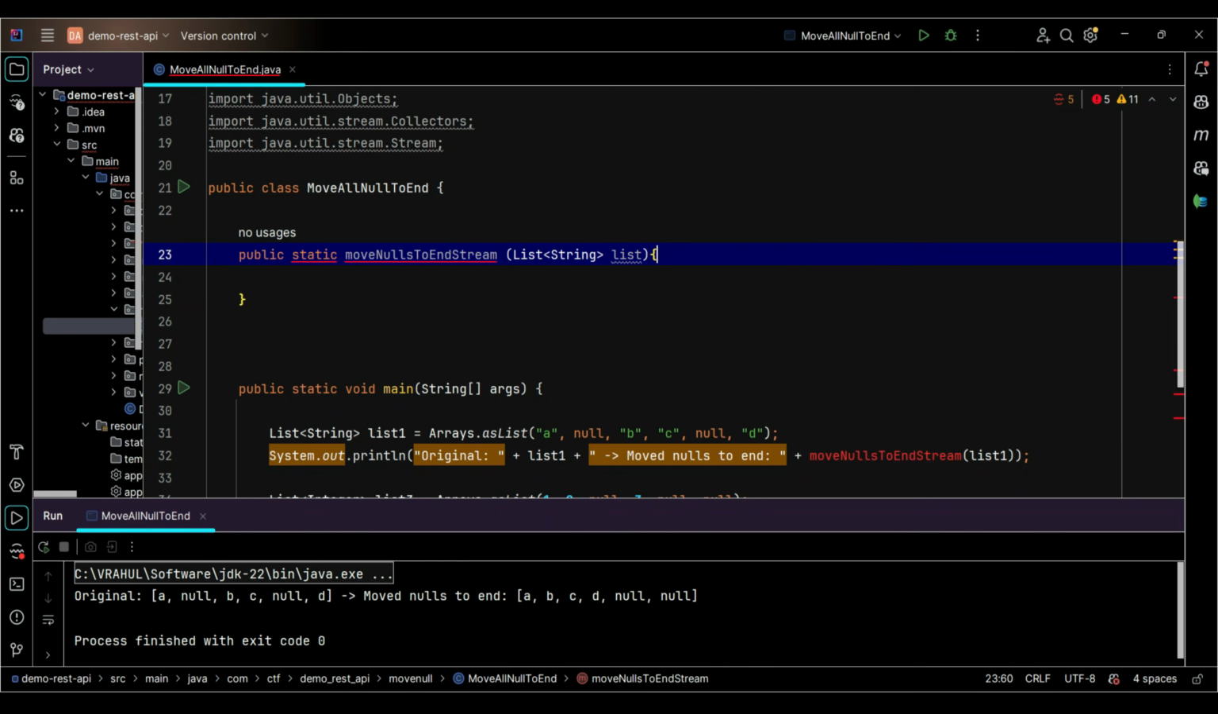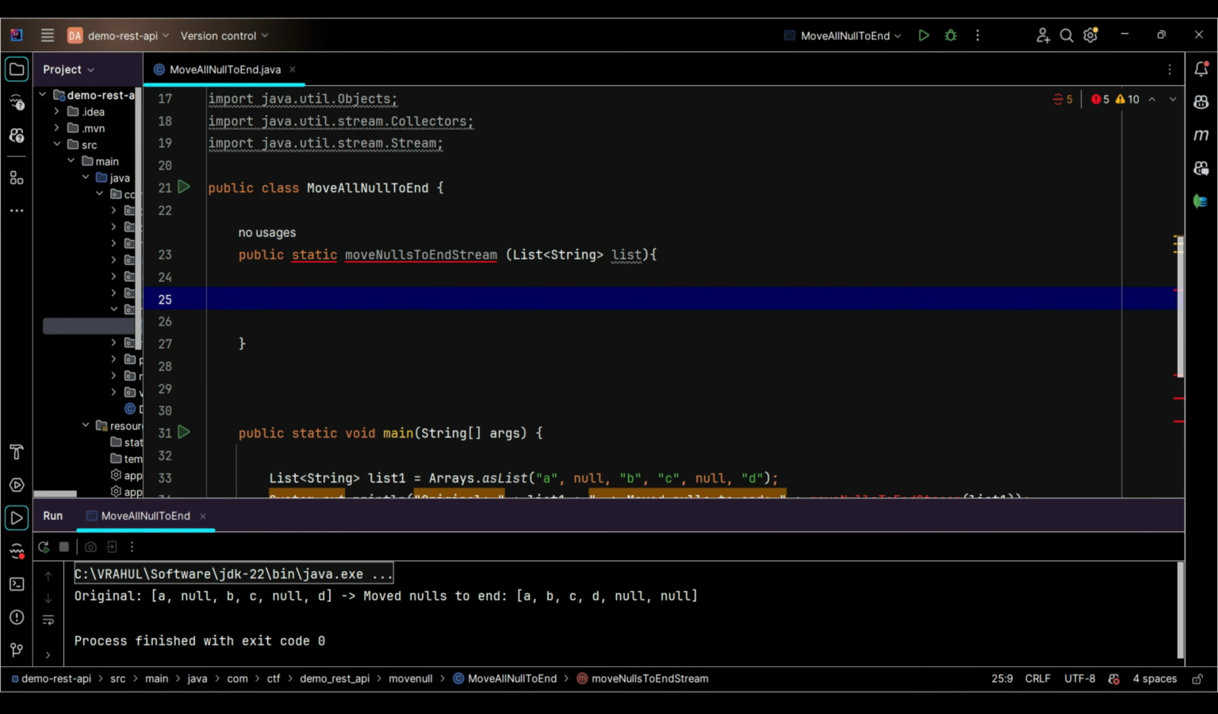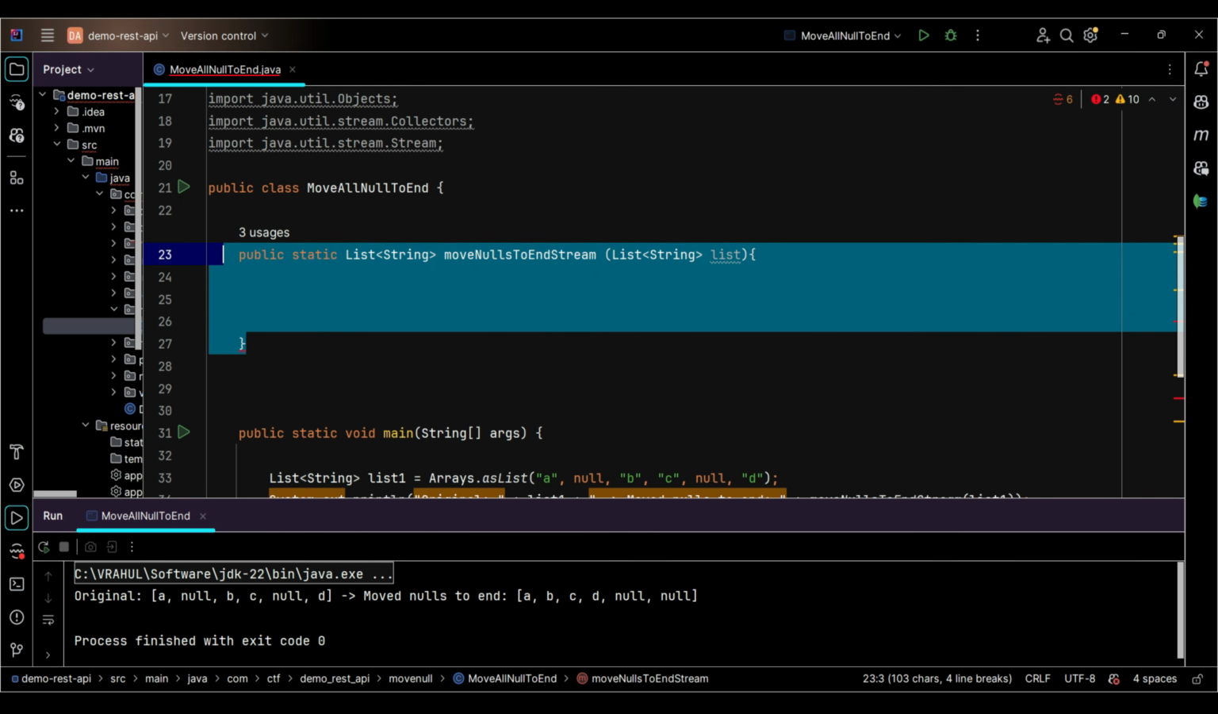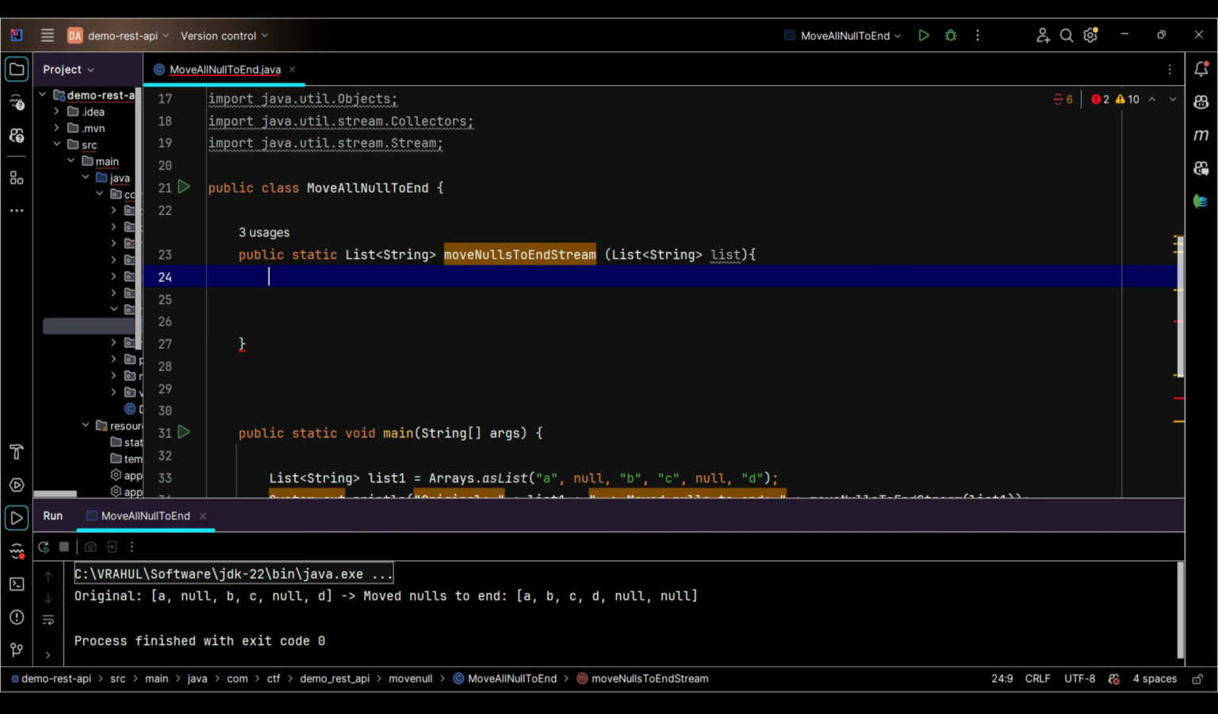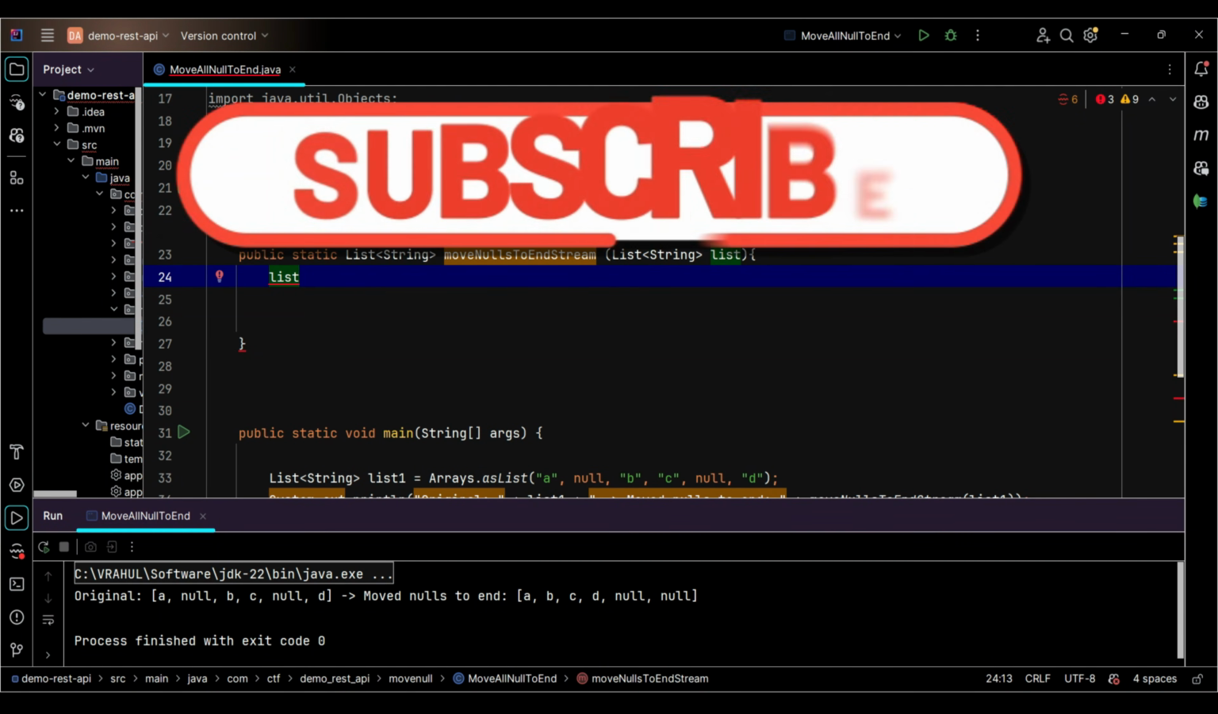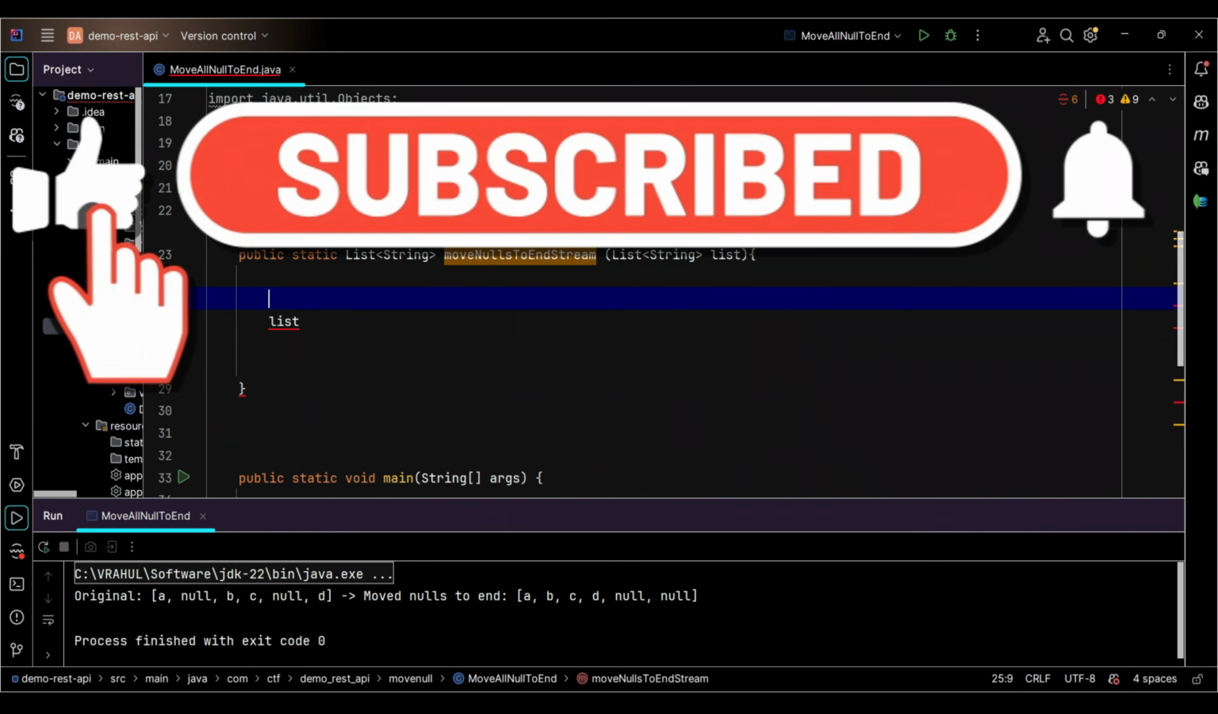Let me rename this. It should also return a list as well. Now this is giving an error because it is not returning anything as of now. As we progress, we'll give that particular list as a return. First let us take the list. Now the approach would be to first segregate